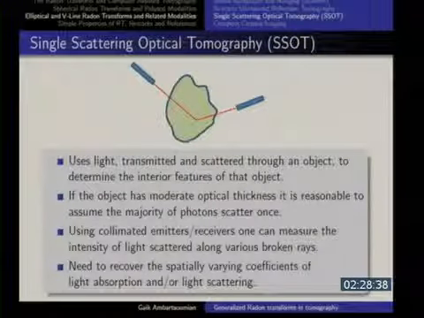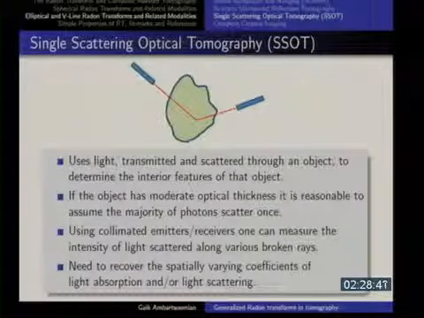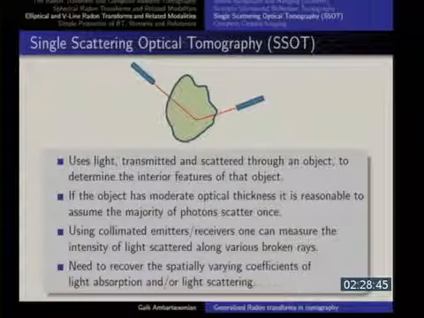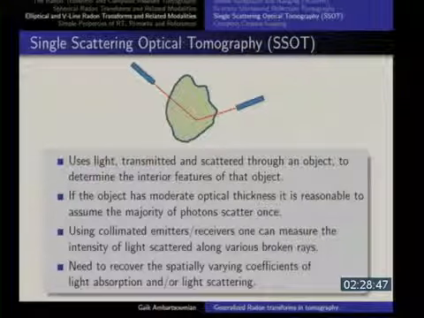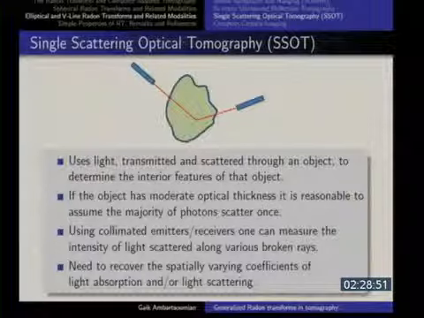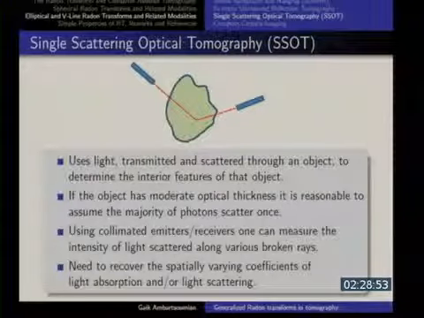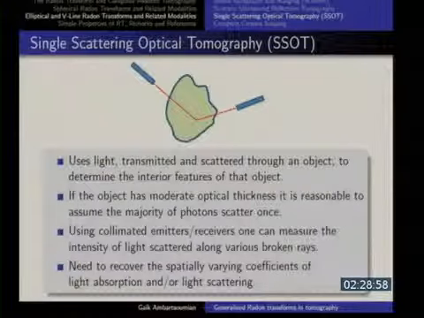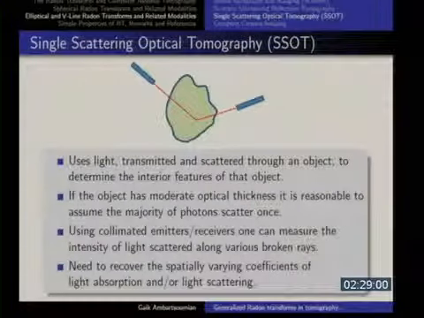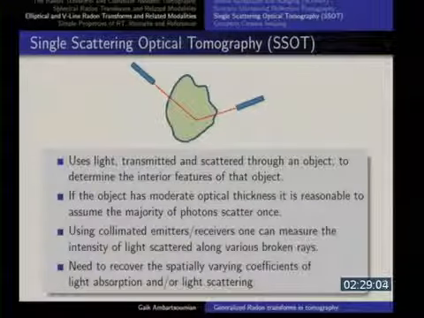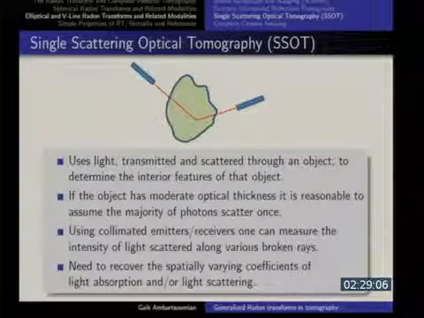So collimated means the following, guys: my emitters and receivers are such that the emitter would shoot the photons along a straight line. That's clear. It doesn't shoot like a shower. It shoots along a straight line. And the receiver is such that it gets photons only coming from this direction. So, for example, if it comes to the receiver like this, under a certain angle, it will not be registered. So that's what collimation means.